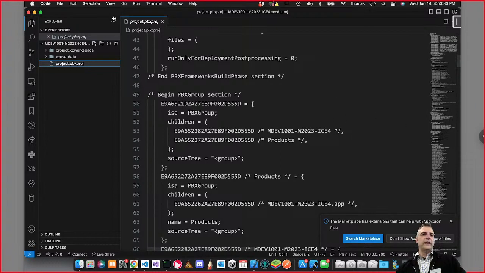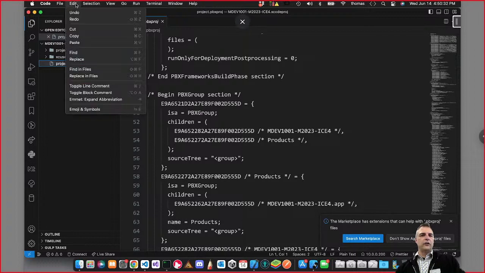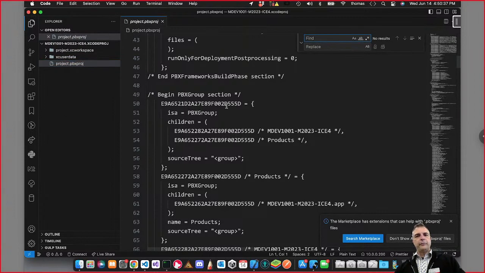So one thing you can do with every file that we're going to use is go to Edit, and then go to Replace, on this file, and you're going to replace ICE 4,